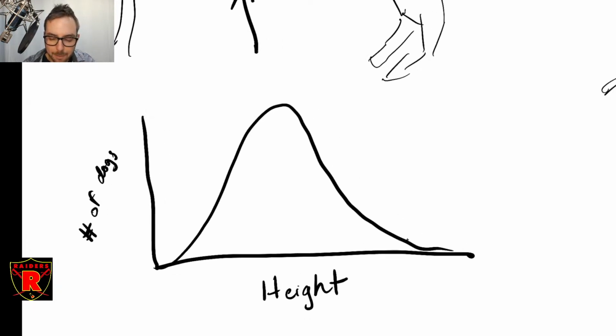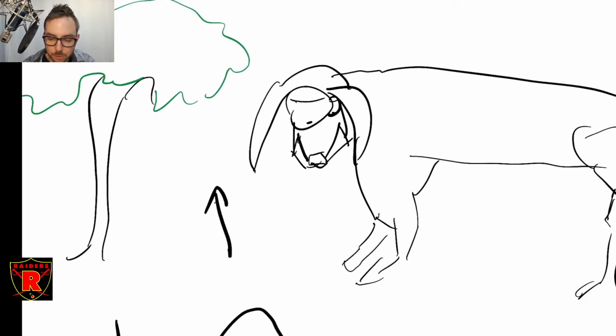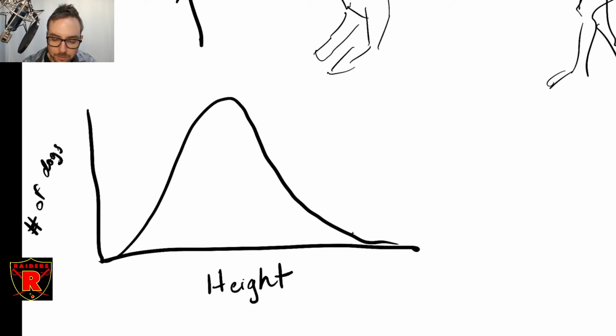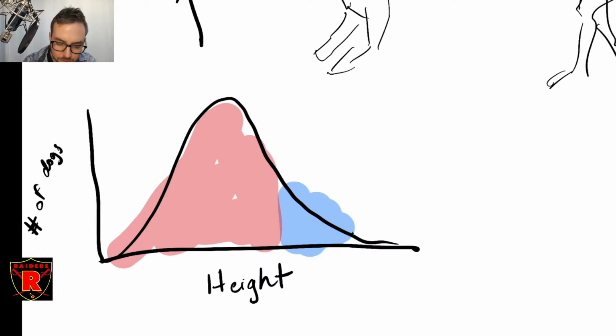So what happens in a situation like this is that this part of the distribution is the best to survive. Being on the extreme here makes you more survivable, which means that the lower heights are not good. This is less good for survival because you're not tall enough. So over time, you actually see a shift in the distribution curve, and it did look like this, but now it looks like this.